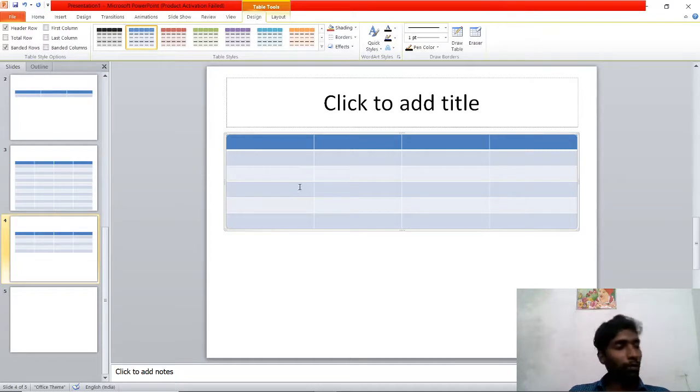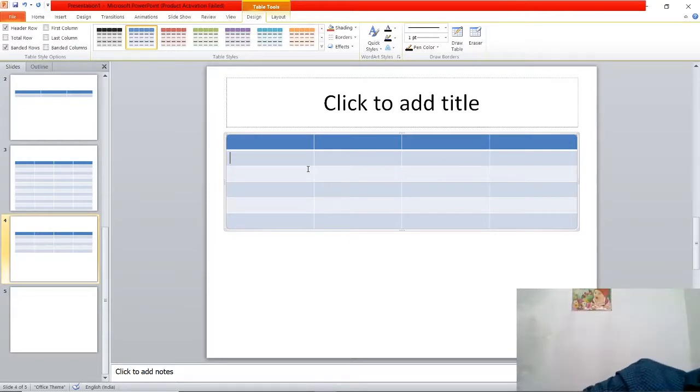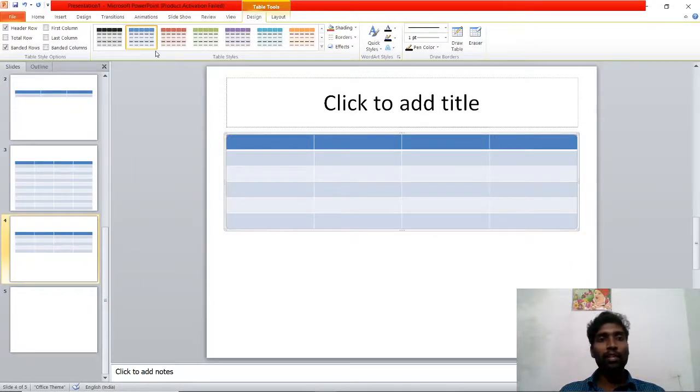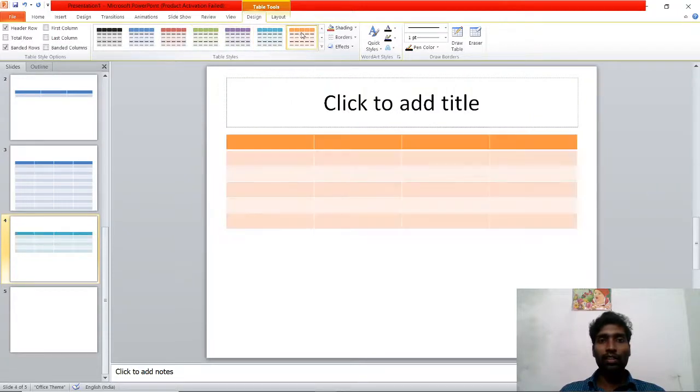First of all, in our book they have given Table Style. When we look at the table styles, there are so many styles: green, blue, pink, violet. All these table styles are available.